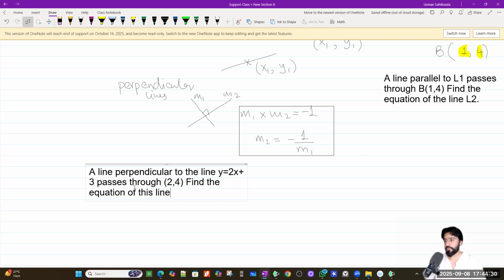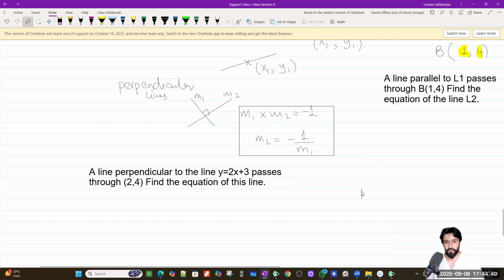So that's the question. When a line is perpendicular, its gradient is negative reciprocal. So from the line that is given, you're able to pull out the gradient, which comes out as 2. Because of that, you're able to figure out the gradient of the perpendicular line, which is -1/2,